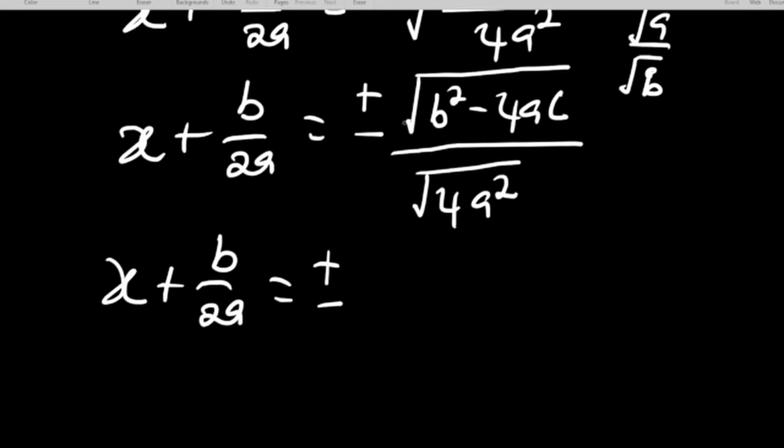For the one on top, we cannot take the square root of b squared minus 4ac because this is not a single term. There are two terms here, so we have to leave it as it is. So we have the square root of b squared minus 4ac. Since they are subtracting, we cannot take the square root. Even if they're adding, we cannot also take the square root. We have to leave it as it is. Now this is over